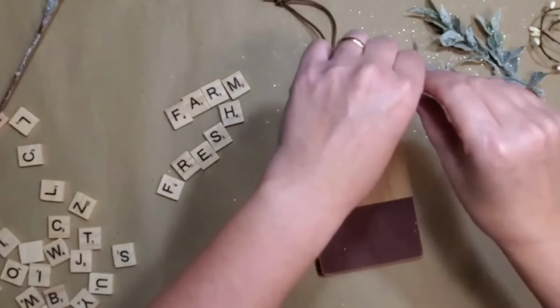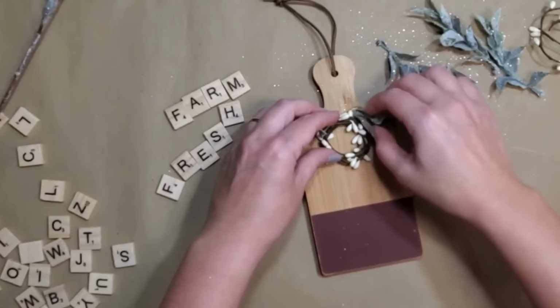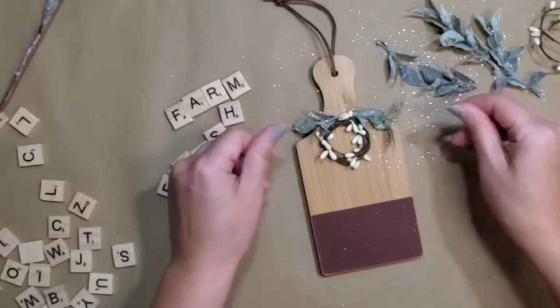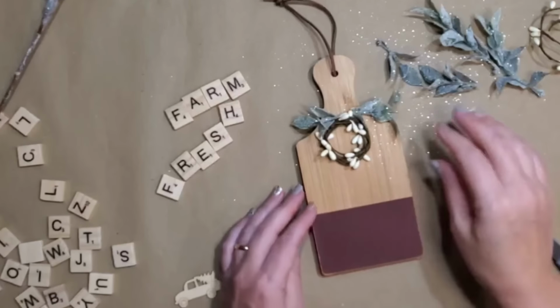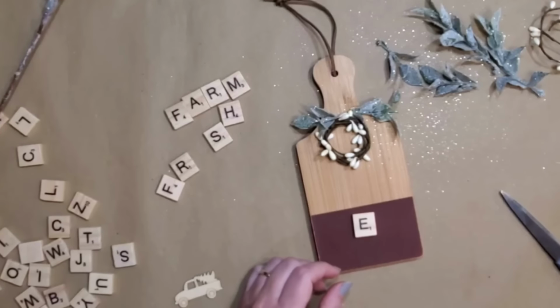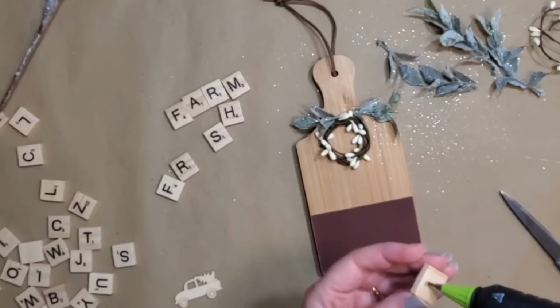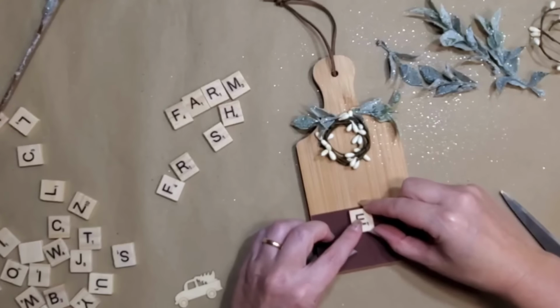So I just glued those down and tried to remove as much glitter as I could from the top of my board, and I started adding these wood letter tiles, and I picked up this pack from the dollar store, and I tried to center these as best as I could on my board. Just get those lined up,